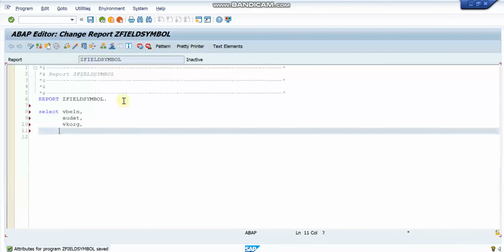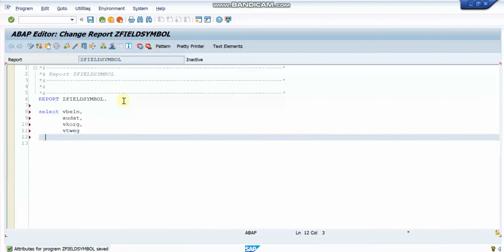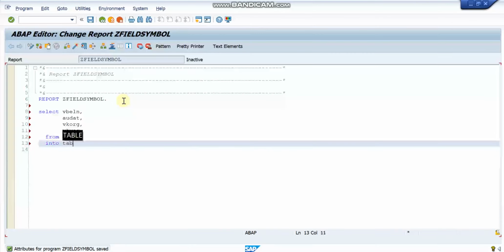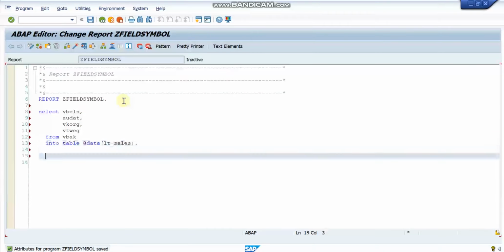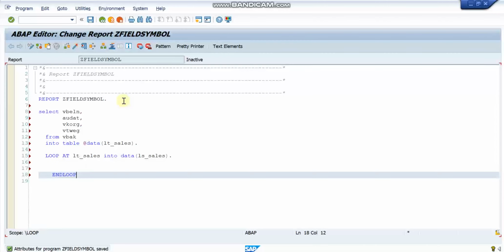VKORG and VTWEG also I will choose, and I will fetch the data into one internal table which is called LT sales, and I will load the data from that internal table to a structure LS underscore sales, and I'm doing